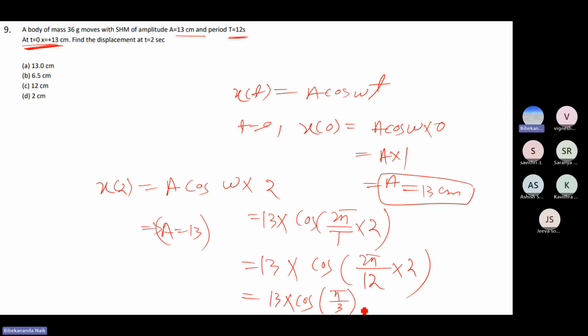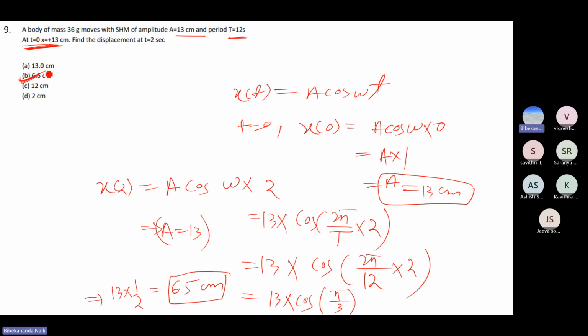Cos pi by 3 is how much? Cos pi by 3 is cos 60. Cos 60 is 1 by 2. So this is 13 into 1 by 2, 6.5 centimeters. So this is the correct answer. This is 6.5 centimeters. So at time t equal to 0, x is 13 centimeter. So the displacement is